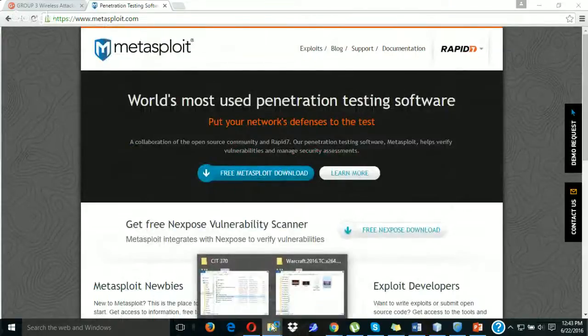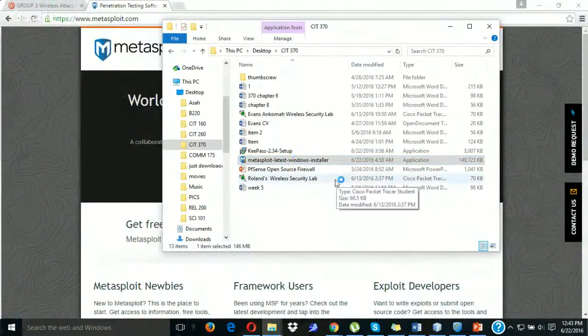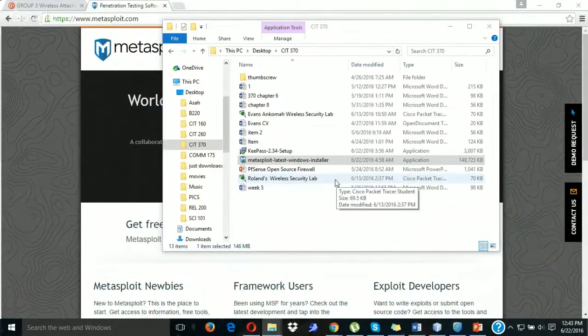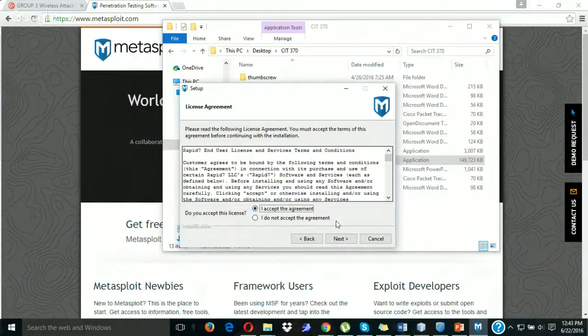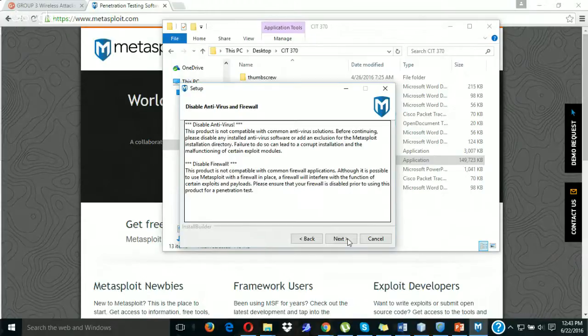So after downloading Metasploit, you just have to launch it, and you use all the default settings that have already been put in place. But before you go on, you have to disable your antivirus and your firewall. It can't run with those things. So I'm going to go ahead and disable my firewall